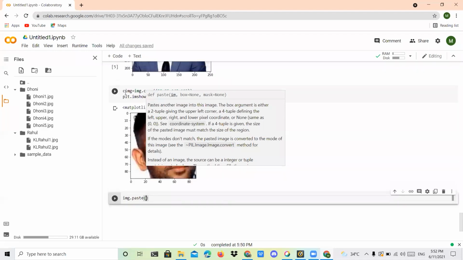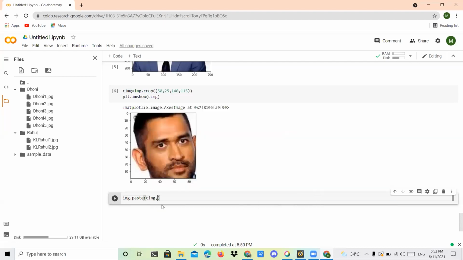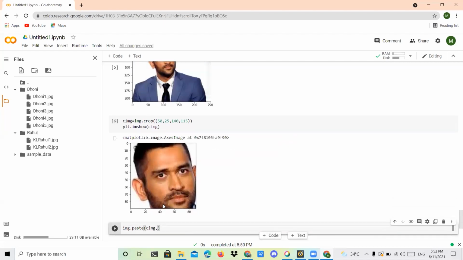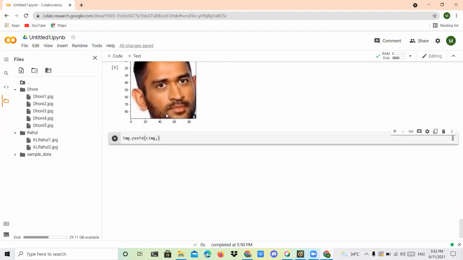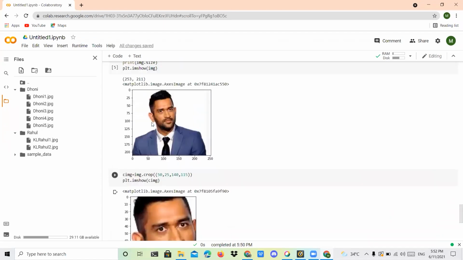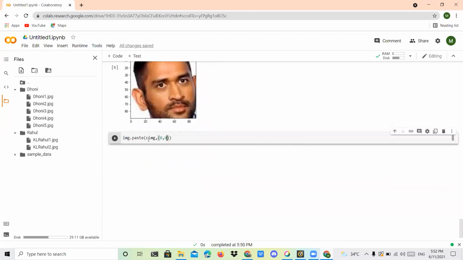The cropped image is already available in c image, so I mention c image, comma. Then I have to mention where to insert the cropped image. Suppose I want to insert at this place, so you give another bracket and mention 0, 0, because this coordinate is 0, 0. So I'm going to give the cropped image, 0, 0.